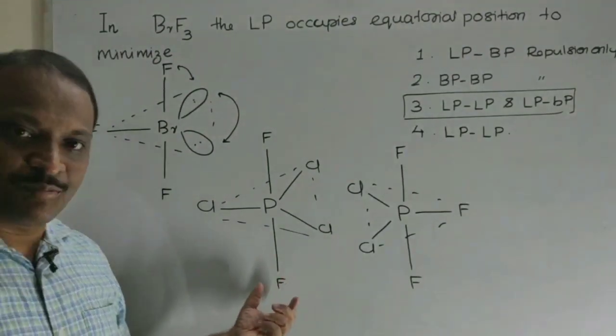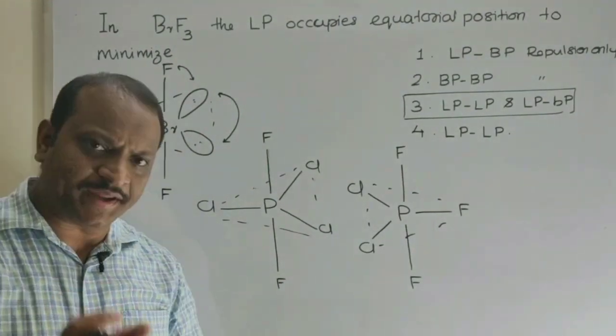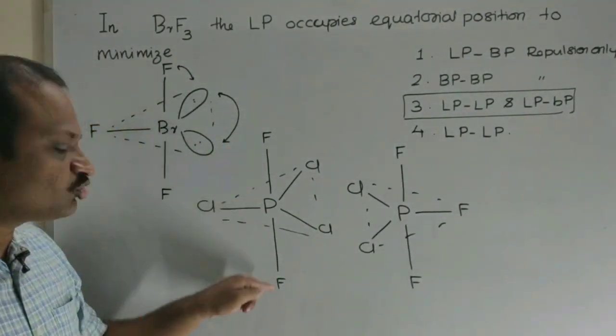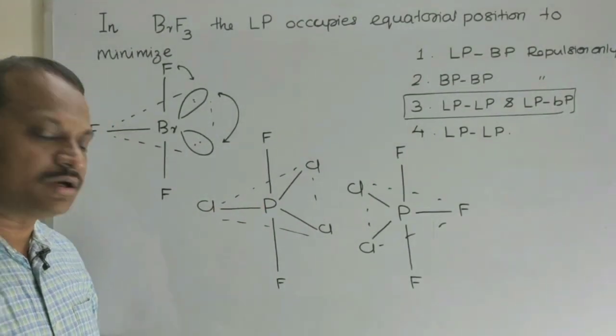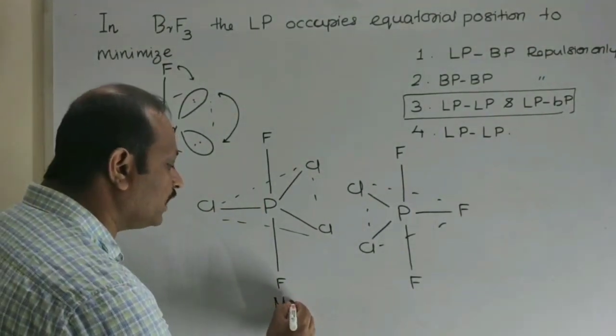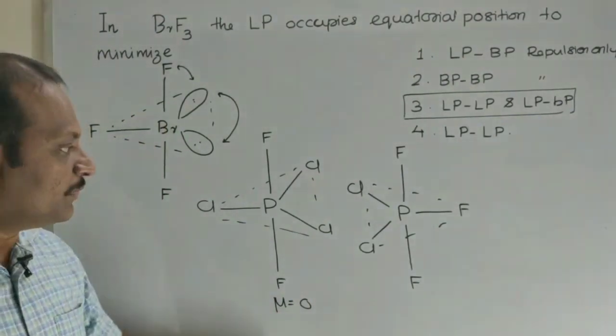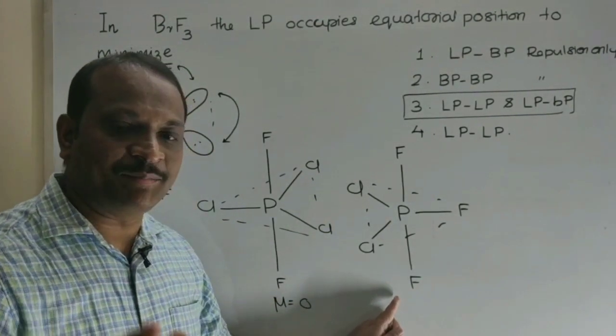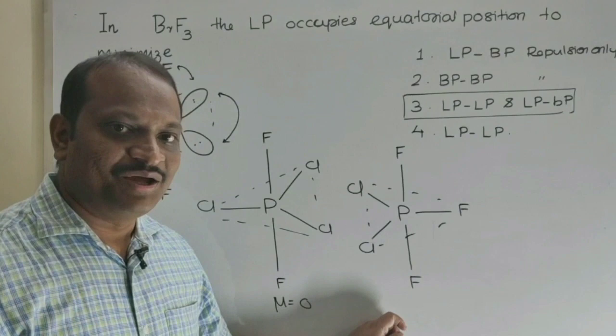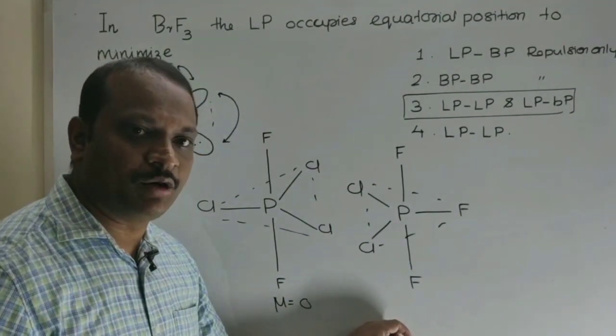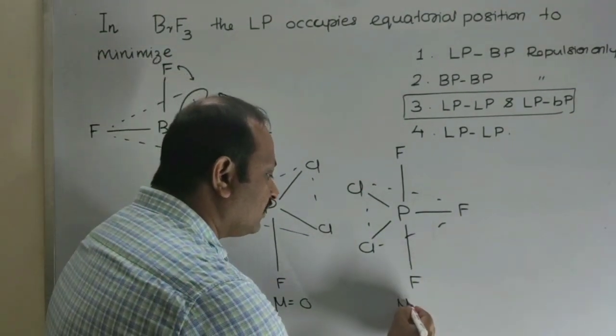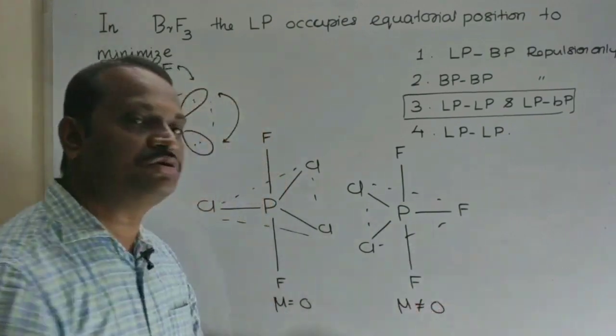See, in the first compound, you don't have any dipole. Why don't you have any dipole? These two fluorine atoms are arranged in opposite manner, so the dipole is getting cancelled. Here dipole is equal to 0. But in the next case, you can see that dipole is not equal to 0, because it's not a perfectly symmetrical compound. So please try to understand, in this case dipole moment is not equal to 0.